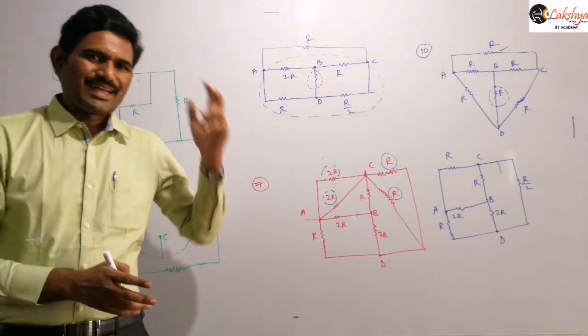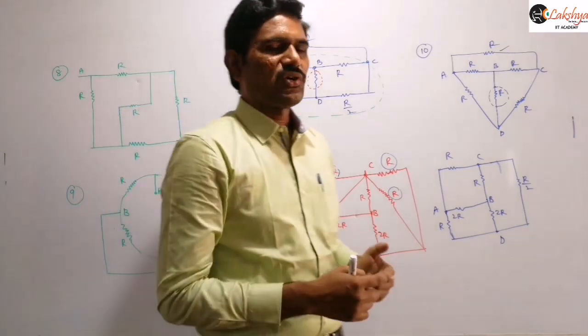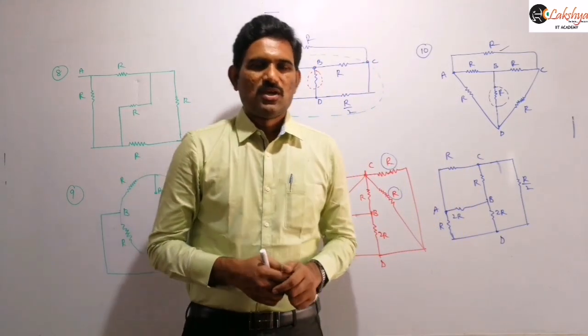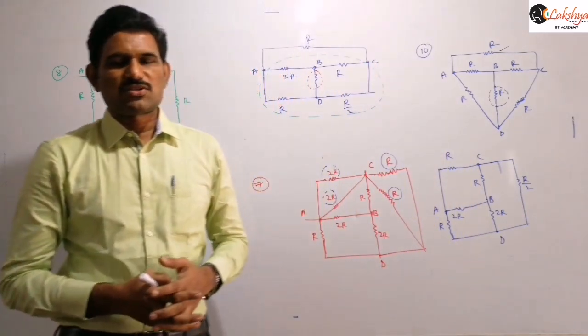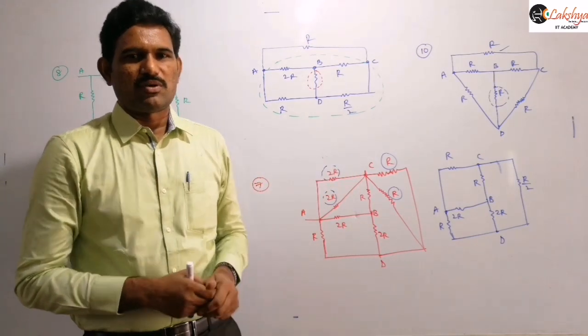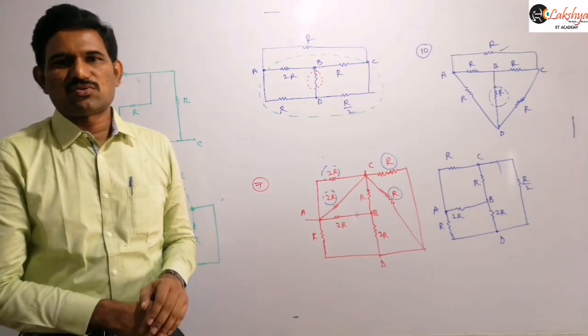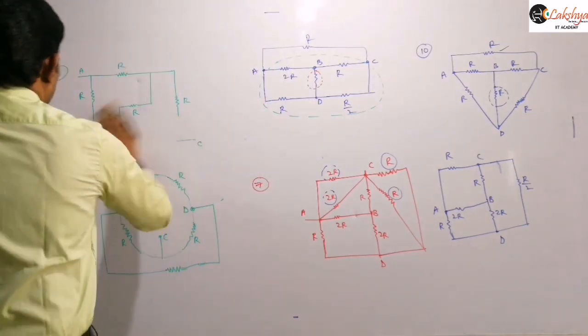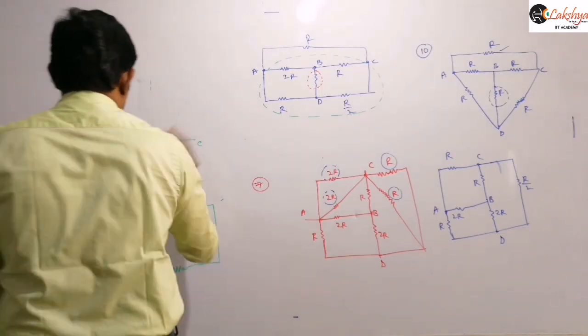circuit. If you are getting the Wheatstone bridge, then next you need to identify whether it is a balanced Wheatstone bridge or not a balanced Wheatstone bridge. If it is a balanced Wheatstone bridge, then you can remove the resistance connected in the place of the galvanometer, so that the circuit will convert into series and parallel combination, right? And so now let us write a problem based on this.